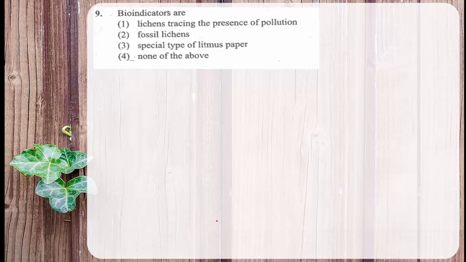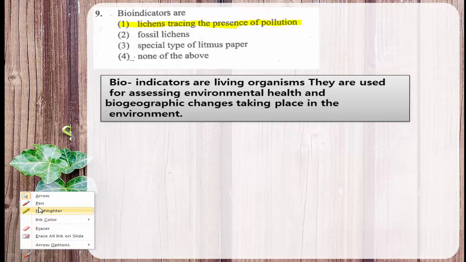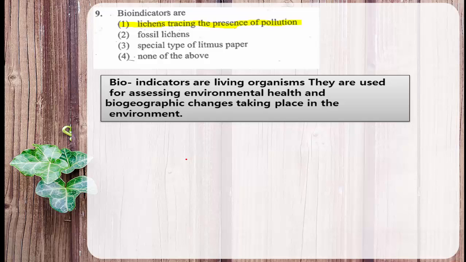Bioindicators are nothing but, what is the importance of lichens? Hope you remember, lichens are composite organisms where one part is algae and another part is fungi. So lichens are not single organisms. That is why in Whittaker's 5 kingdom classification, they are not included or assigned to any of the 5 kingdoms, because a lichen